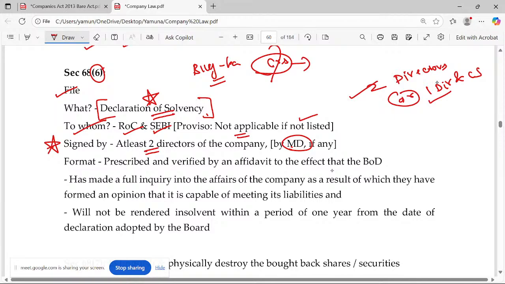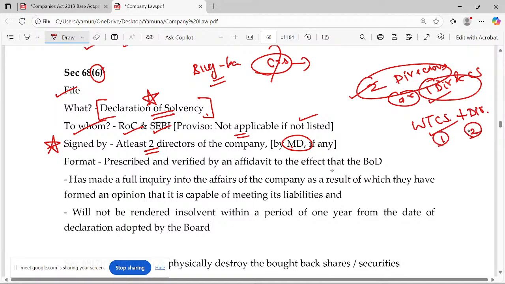How do you have to understand this? This has to be given first preference. When there is a whole-time company secretary in your company, the whole-time company secretary and one director have to sign. If there is no whole-time company secretary, then what's the other option? Even though the Act says or, wherever we start the line, it will be mentioned as the company. Which company? One that has a whole-time company secretary. Then we need two signatures: the whole-time CS and another director. If there is no whole-time CS in my company, then automatically two directors.